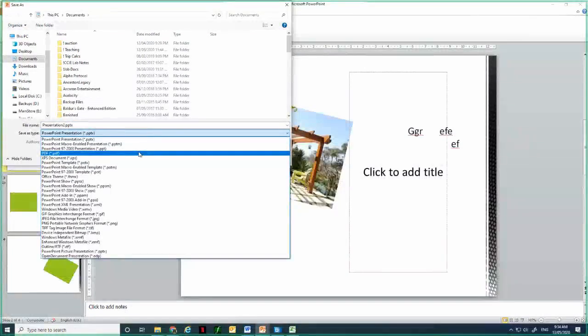Okay, so that'll automatically create a PDF of the slideshow, not what your working files are, but it'll create a slideshow of the presentation. The PowerPoint show,